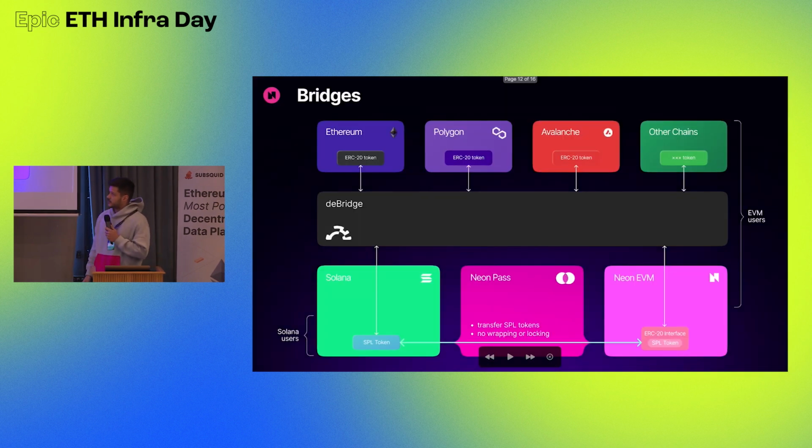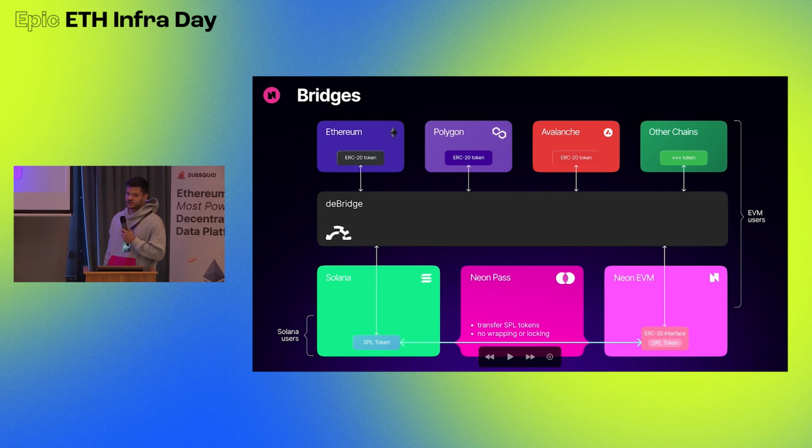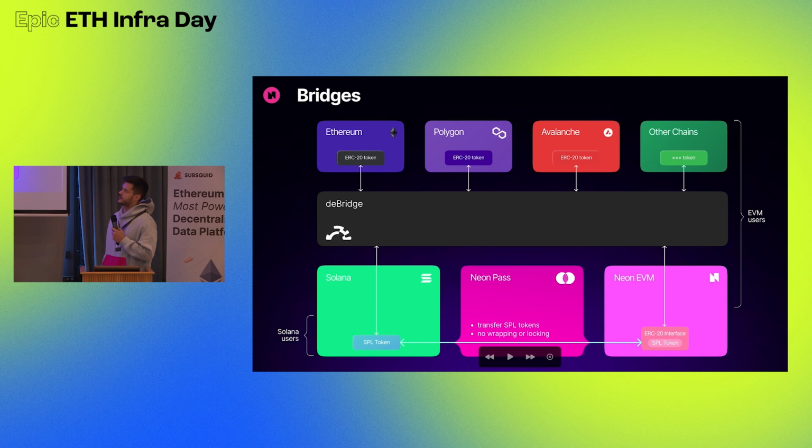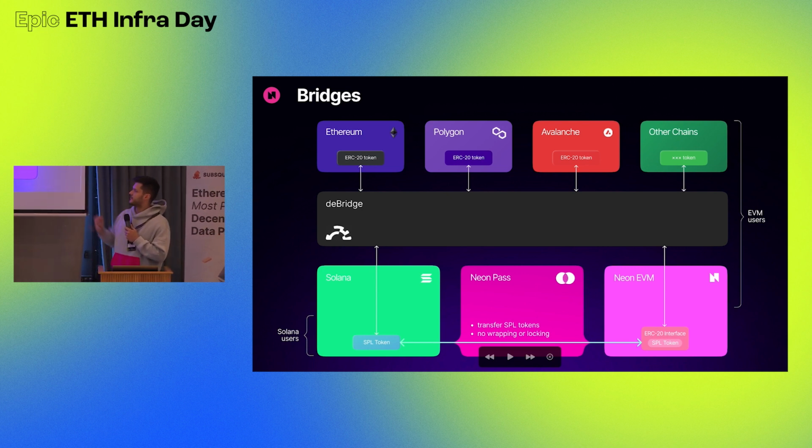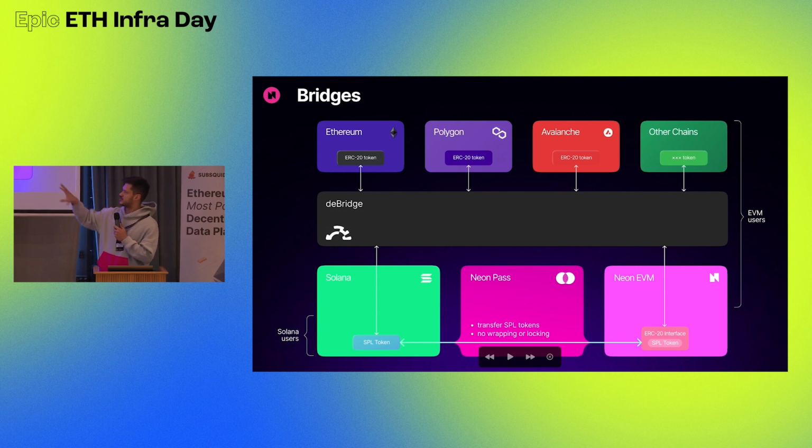The most important part right now for Neon is users being able to bridge assets from other EVMs. Currently we support only Neon Pass, which offers seamless bridging between Solana and Neon EVM. But let's be honest, most of the liquidity is on other EVMs, and we want to provide users with a seamless experience. So the bridge is going to be our cross-messaging layer, and people are not going to be